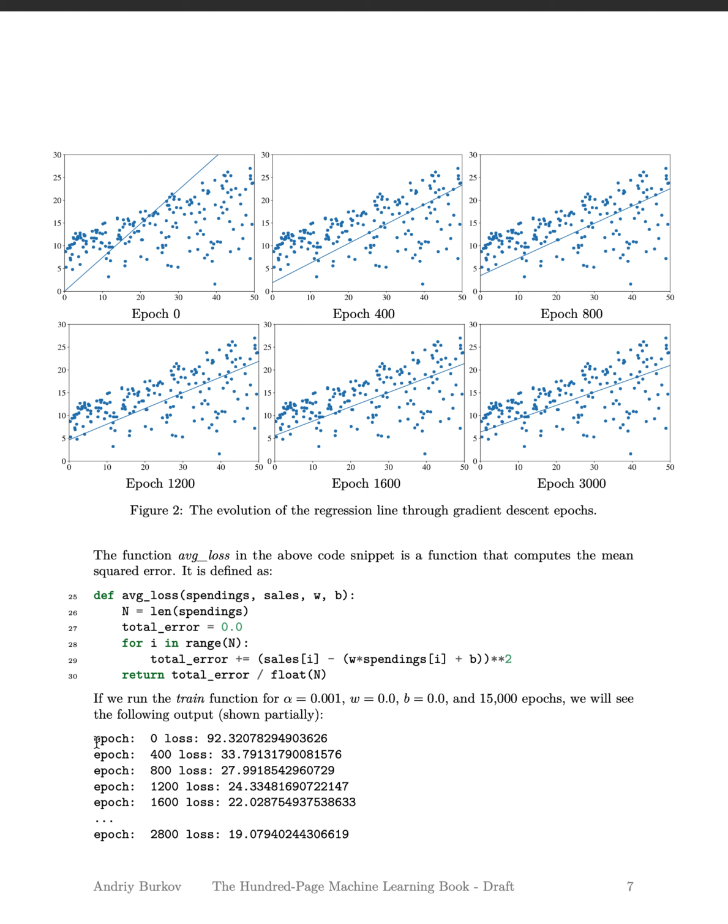And here you can see this is the loss. So it's showing you at epoch 0 you had a 92 loss. At epoch 400 your loss was 33, and epoch per epoch your loss keeps decreasing until it's reached 19 at epoch or iteration 2800. Our alpha value in this case we are using 0.001. Weights and bias are of course initially, we have initialized to 0, and